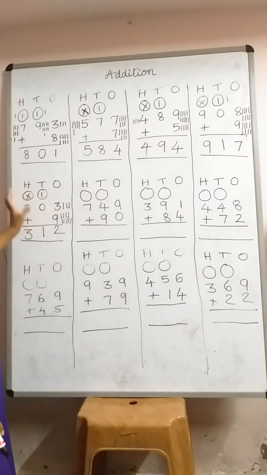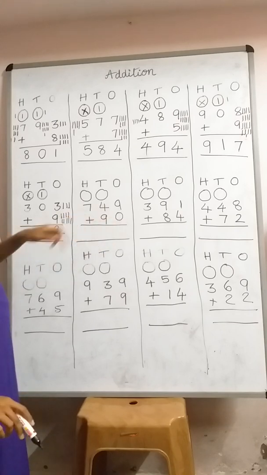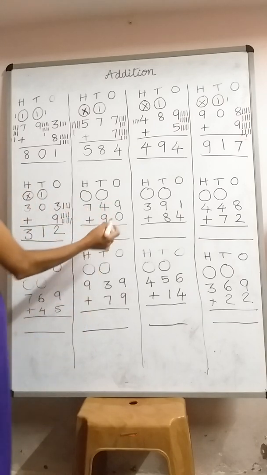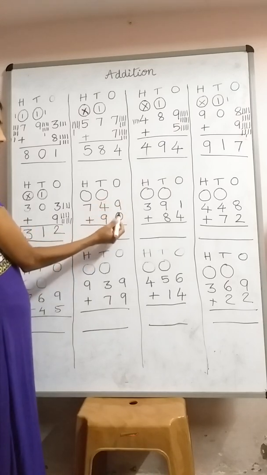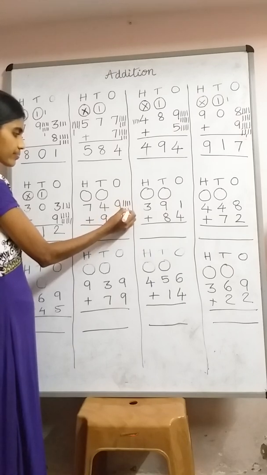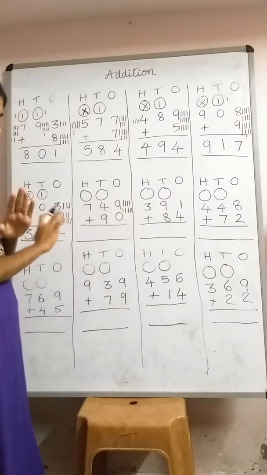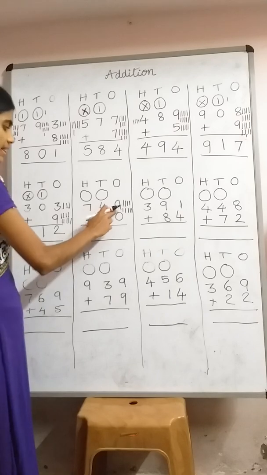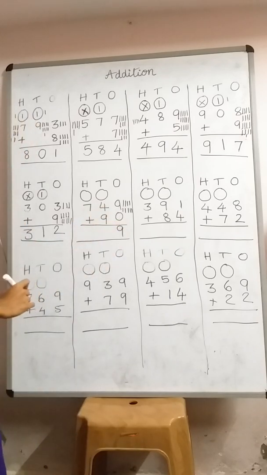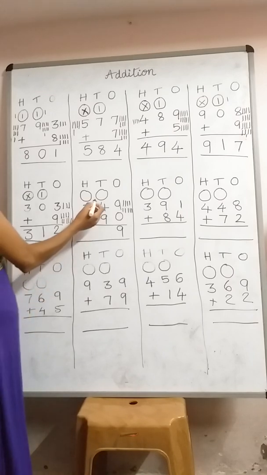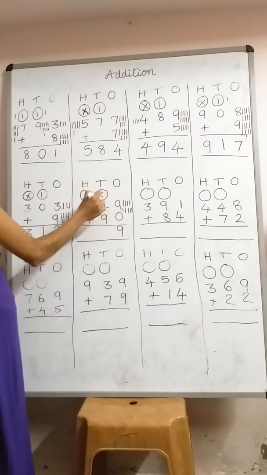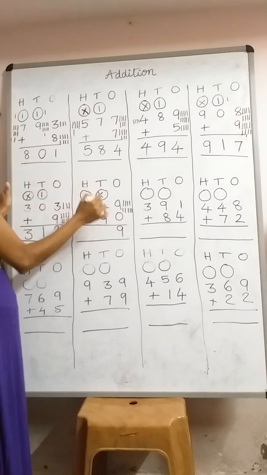Did you follow this single digit addition, one digit addition? Okay. If you have well understood it, let's move to the 2 digit. So 3 digit with 2 digit addition. Here we have in the ones place 9 and 0. Draw 9 lines. 0 means do not draw any lines. 9 plus 0, what will be the answer? 9 itself. Very good. So there is no number in the carry circle. So put an X mark, a cross mark.